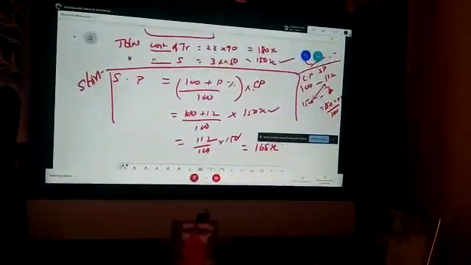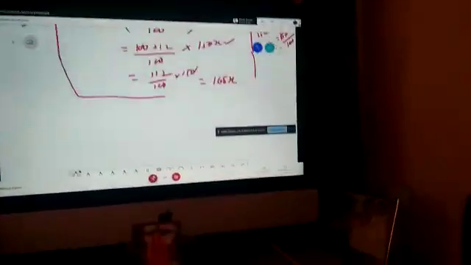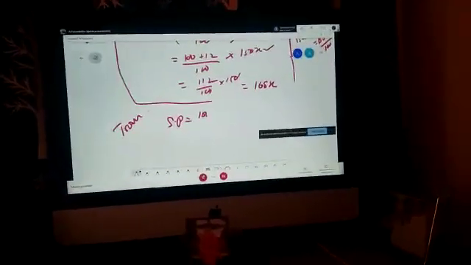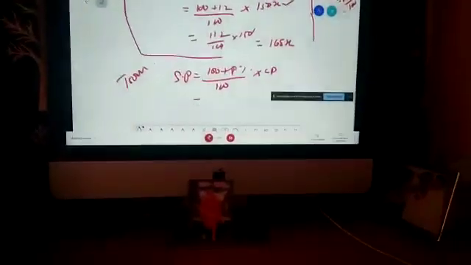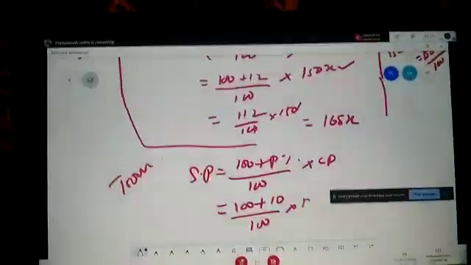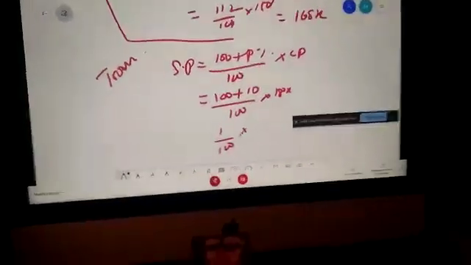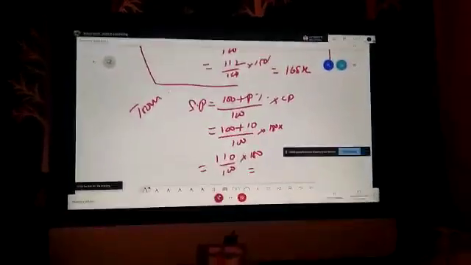This is the formula method which I put on the board. You can use the second alternate method also. This is for the shirt. In the same way you can do it for the trouser. Trouser also uses the same method: selling price is equal to (100 plus profit percentage) divided by 100 into cost price. For the trouser it is 10% profit. So 110 divided by 100 into 180x will come. The zero cancels and the answer is 198x.